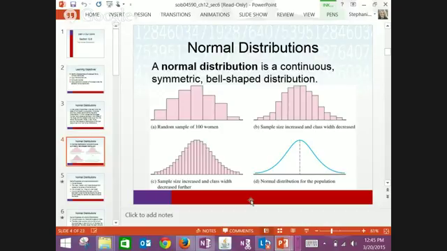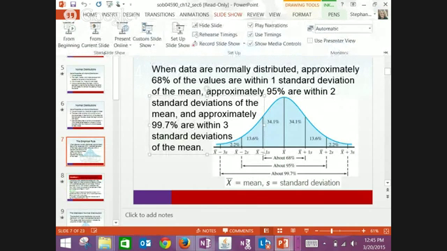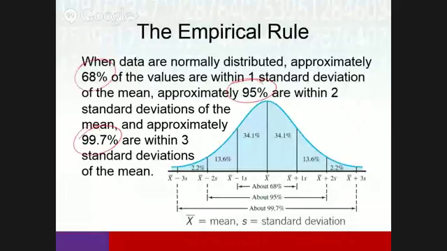Then we're going to take the table that's in our book, and you have to memorize it, really 3 numbers. Let's say from the current slide, you memorize this number and this number, and it's saying 68% of the population of your sample falls within 1 standard deviation. So 1 standard deviation below and 1 standard deviation above. You have to be able to calculate the standard deviation, but once you calculate it and you know the mean, you subtract the standard deviation, you add the standard deviation, and it tells you 68% of the data falls within this range. Then if you go 2 standard deviations, 2 below and 2 above,